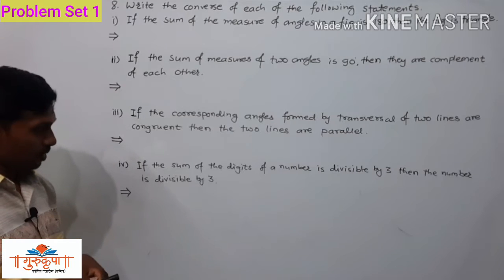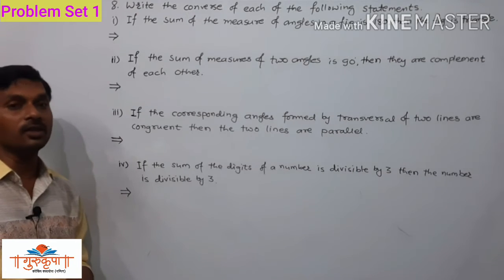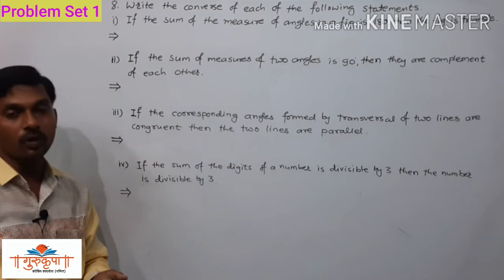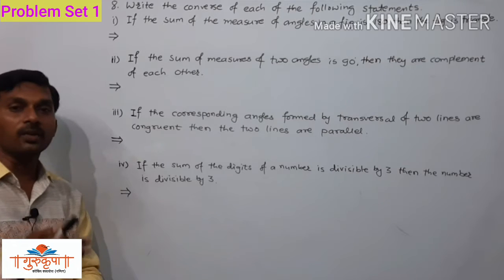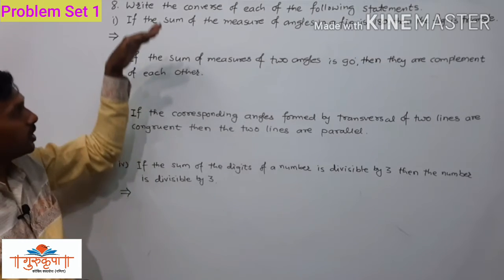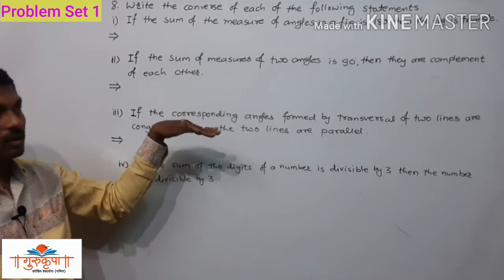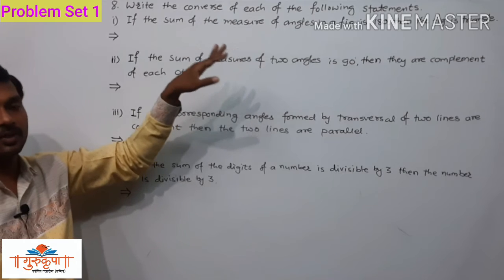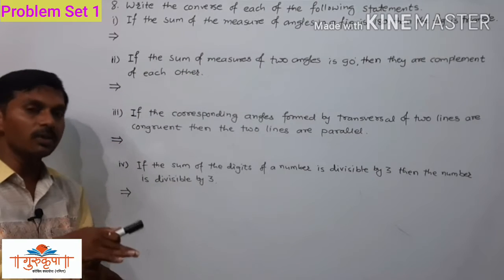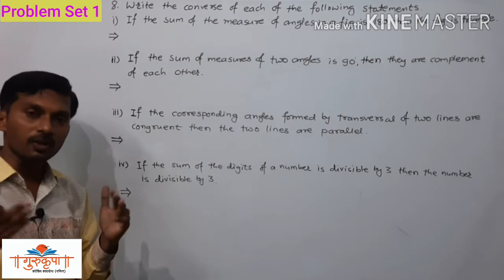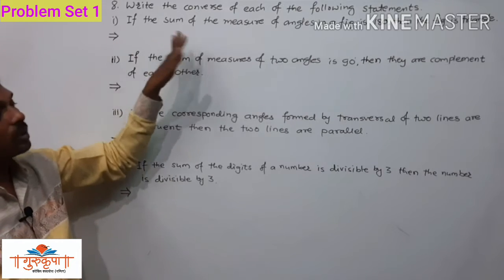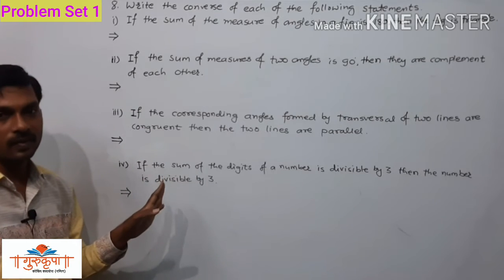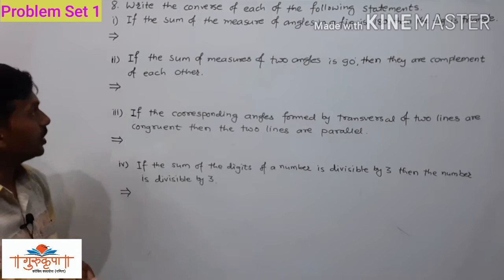But if the given statement is not a conditional statement, then first of all we have to convert it into if-then form, and then write the converse. We have already studied questions like this, where the given statements are not conditional statements. We first write the simple statement in conditional form, and then we write the converse. But here it is too easy. Every statement is in if-then form, and we have to write the converse of it. So here we write